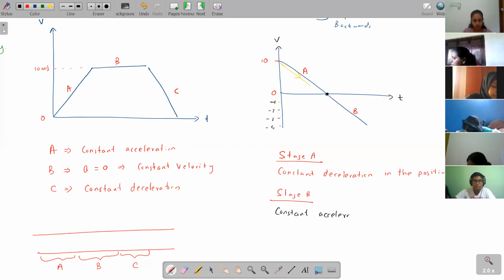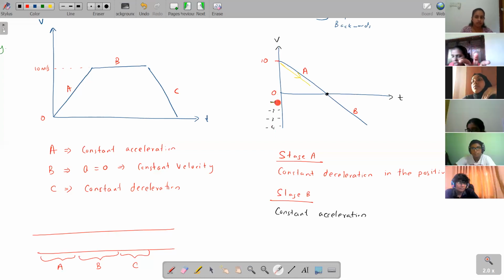So remember the negative sign here. What she said is correct: -4 is smaller than -1. Yes. But when we take the graph in vector quantities, the negative sign is simply used to show the direction, whether you are going front or back. That's it. Other than that, the value is the magnitude. So a magnitude of 4 is bigger than a magnitude of 1. Likewise, the more down you go, your velocity increases, and negative means you're going back. So it is constant acceleration in the negative direction.